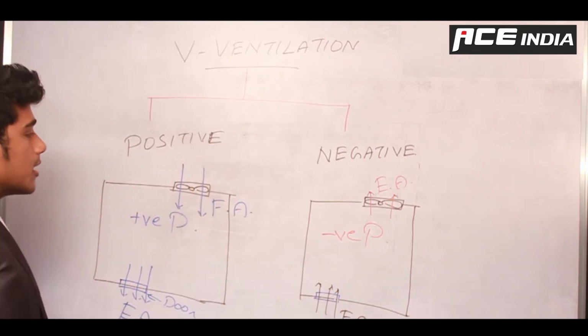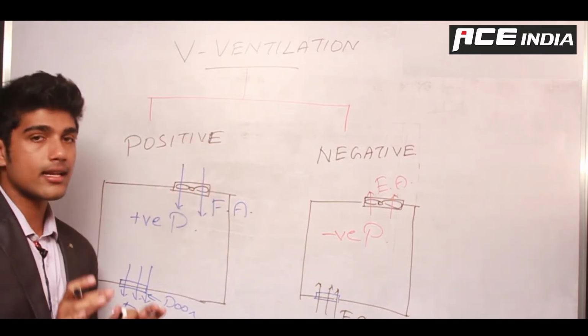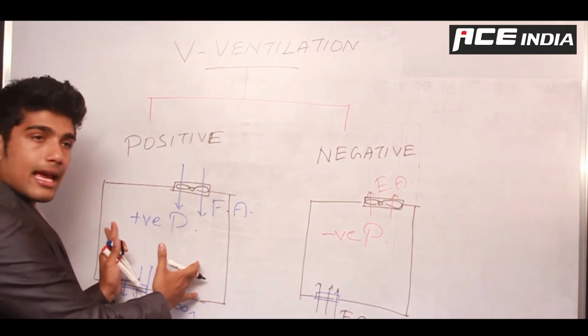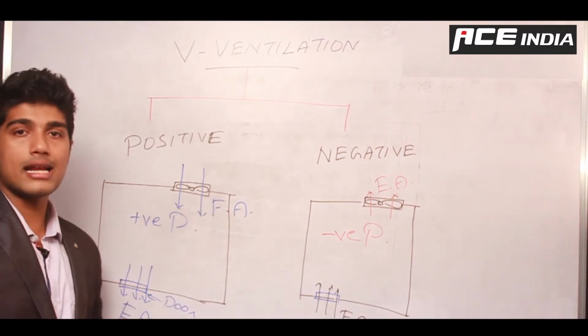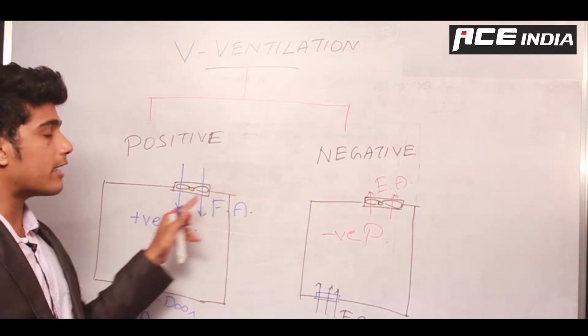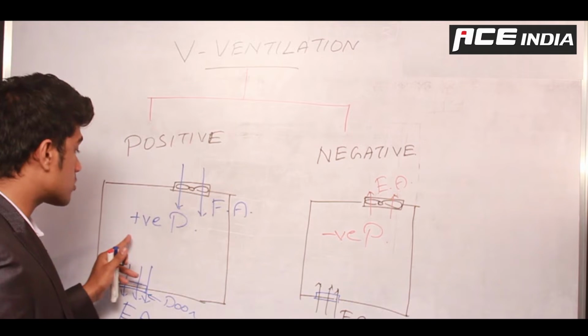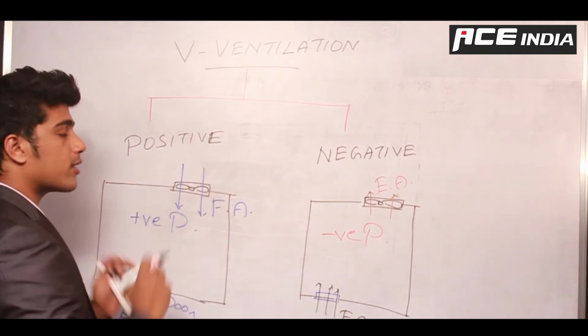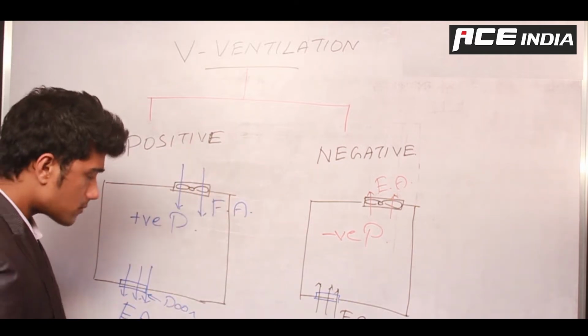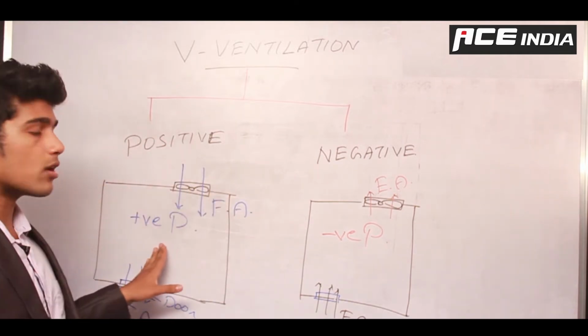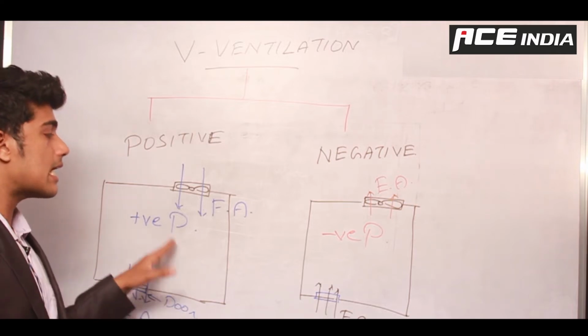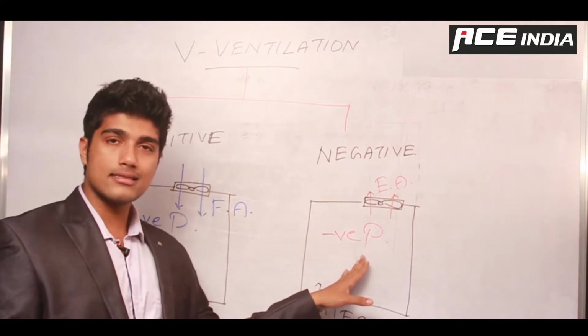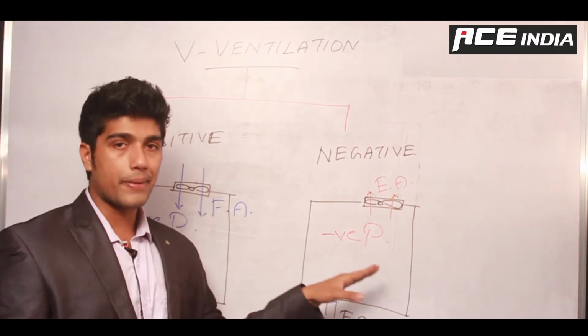In both the systems, or in both the rooms, the effect is the same. I have better quality air in both of the rooms, right? The difference comes in how my fan is going to be working and what the pressure inside is going to be compared to the outside. Now let's see what system we use in toilets or kitchens. We normally go for negative ventilation systems in kitchens, toilets or car parking spaces.